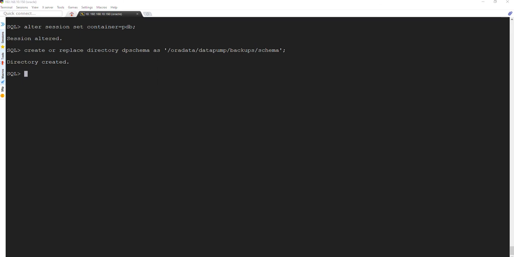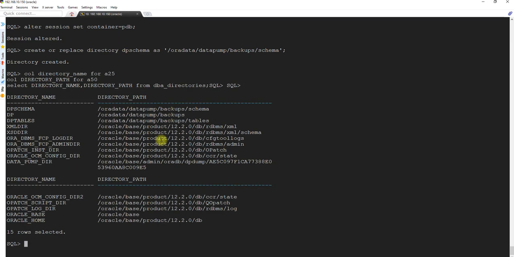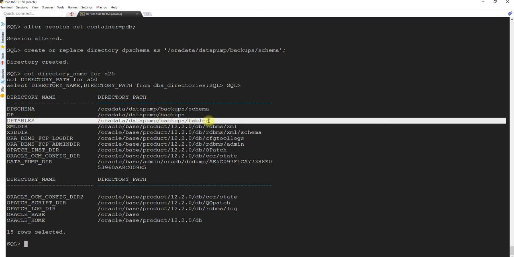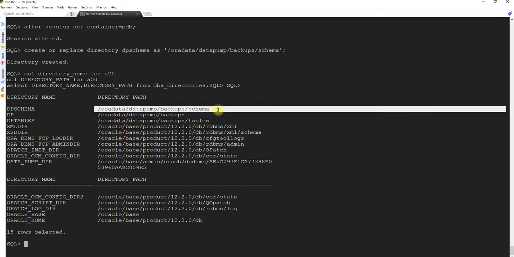You use dba directories and select the columns directory name and directory path. So this was done last time. We created this last time. Now we have created dp schema. This is what we are going to use to take the backup of the schema. So our directory name is associated with the physical directory path.